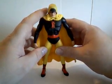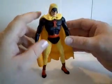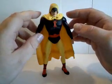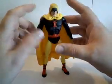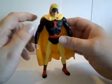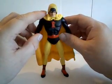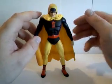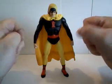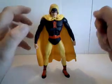He becomes a member of the JSA. I can't remember if he's a founding member or not. As he goes on in his crime fighting career, he realizes that Miraclo is actually addictive. He starts to work on a non-addictive form of the drug. He eventually will come up with a non-addictive form of it. But it's not just the drug that he's addicted to. He's addicted to the action. He loves being out there in danger and getting the heart pumping and smacking some thugs around. And that's something that he has to deal with